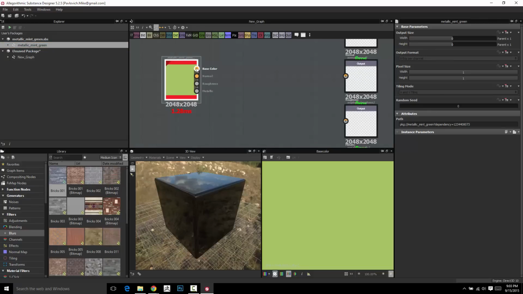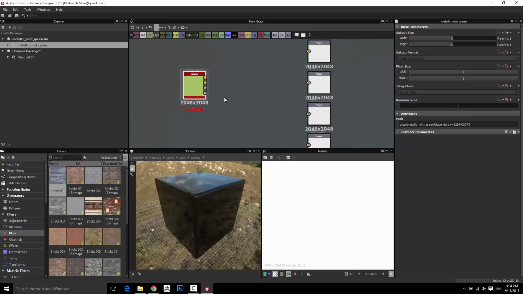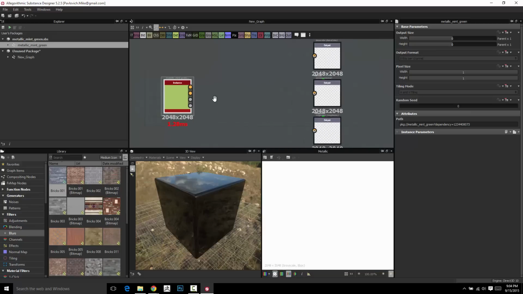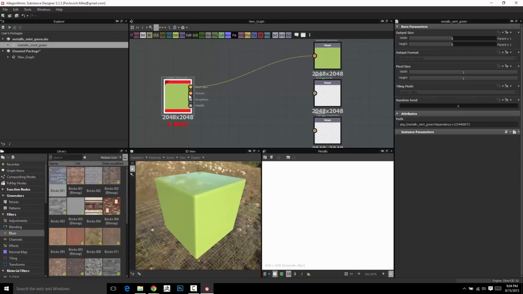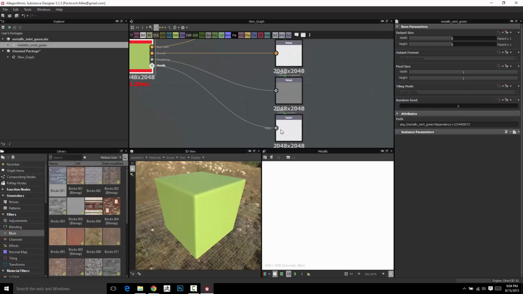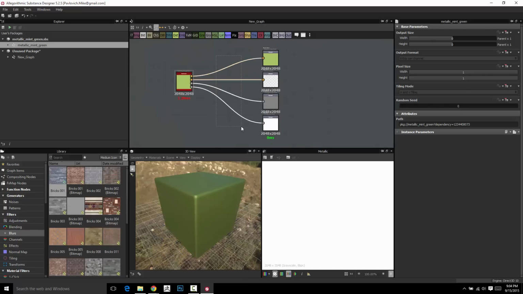If I double click these, it'll show up in our 2D view. So if we go to my roughness, here's our roughness value. Here's our metallic value, which is white because we did pure metal. And if I drag these on here, you can see I can go base color to base color, normal to normal, roughness to roughness, and metallic to metallic. You can do that manually. However, if you don't want to do that, what I'm going to do is go ahead and,